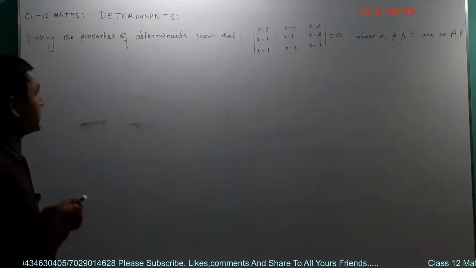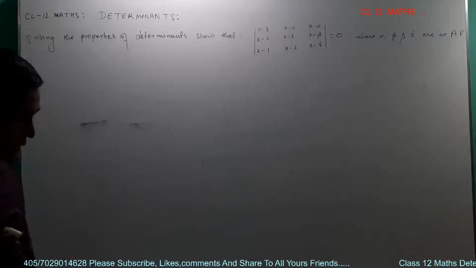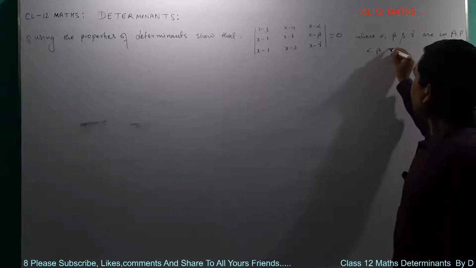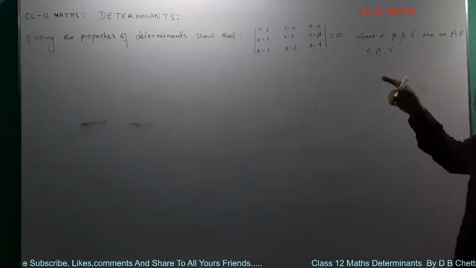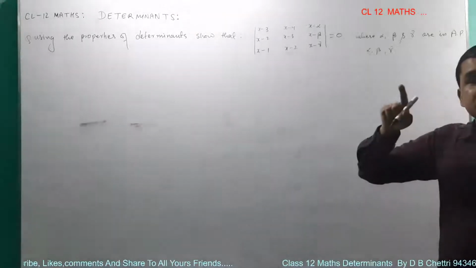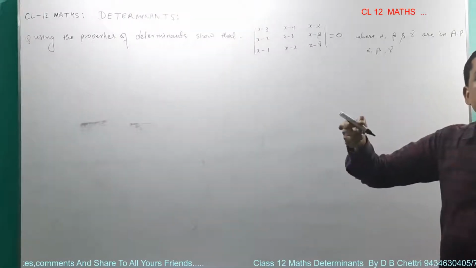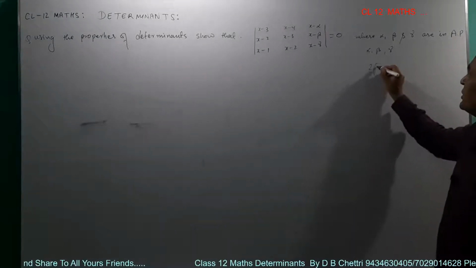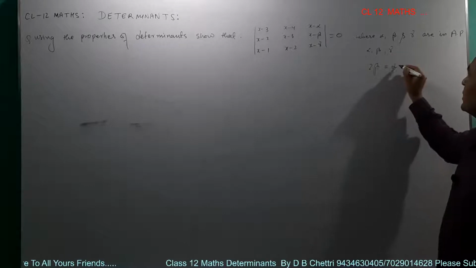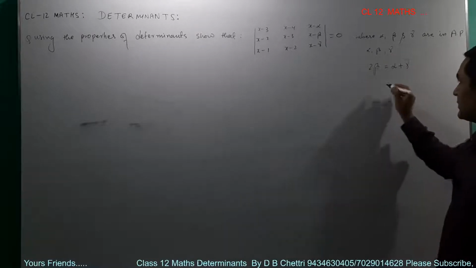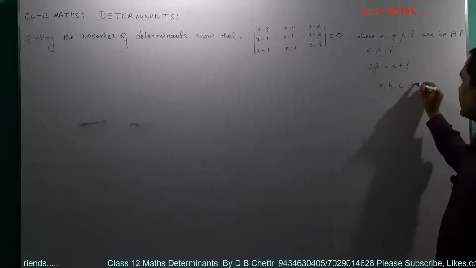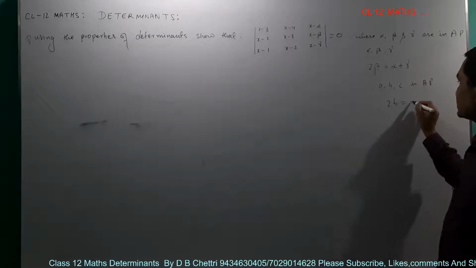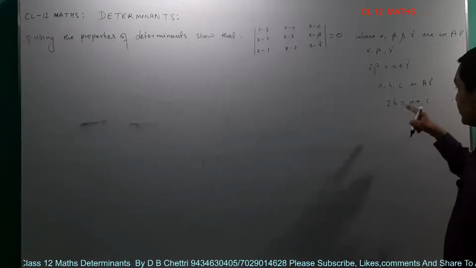Now remember, if alpha, beta and gamma, these three are in AP, then the relation is: double of the middle equals the sum of the extremes. That means 2 beta equals alpha plus gamma. Similarly, if a, b, c are in AP, then 2b equals a plus c. This is the relation. We'll use this concept